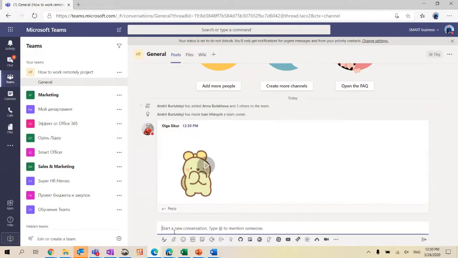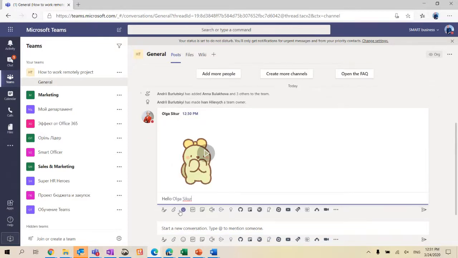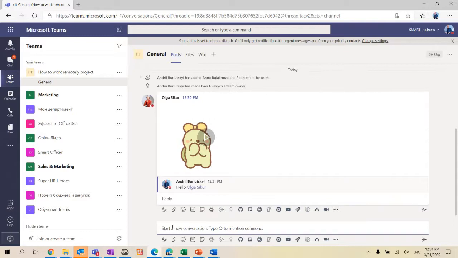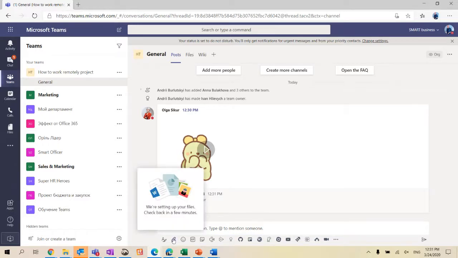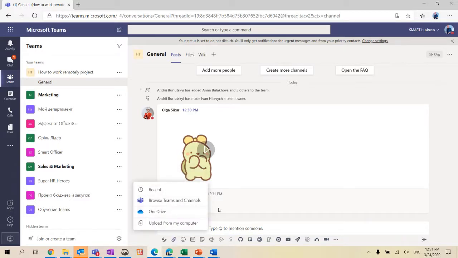So I have completed working on this document in the chat window. Now in the team, I have a channel. All people are here. Hello, Olga. So what I'm gonna do here? First of all, I need to give to my team this document to continue working. Here it is empty, but you see I have a OneDrive here from which I can upload the document. The document from the chat window,